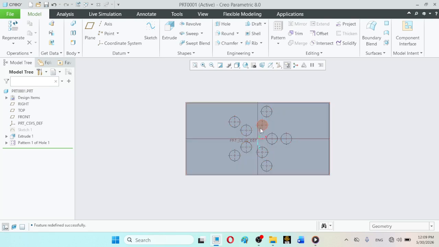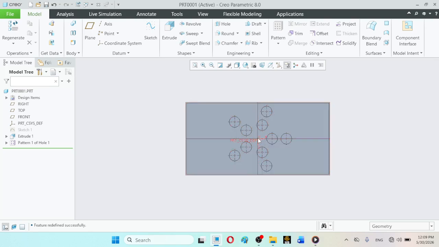So in the second direction, this is the radial direction and this is the transverse direction. In the transverse direction the angular spacing is defined, and in the radial direction, direction 2 is defined.